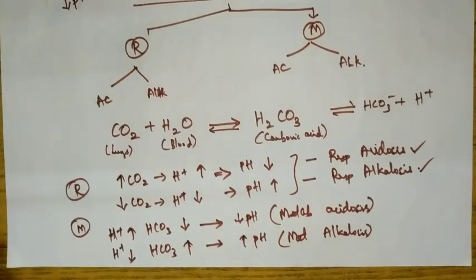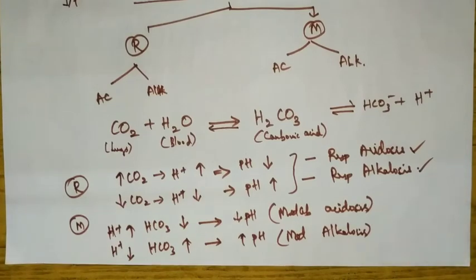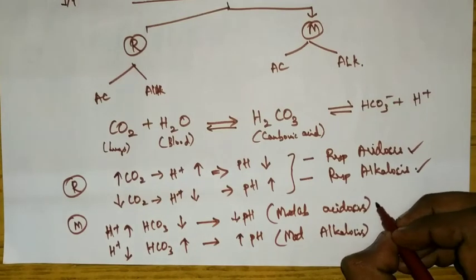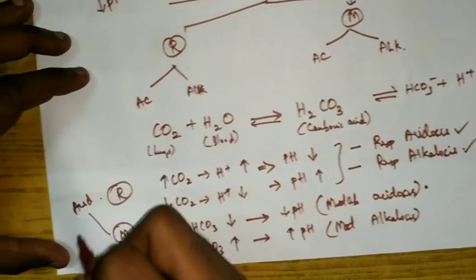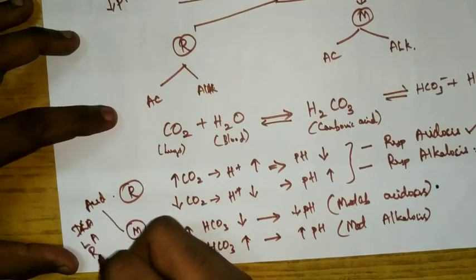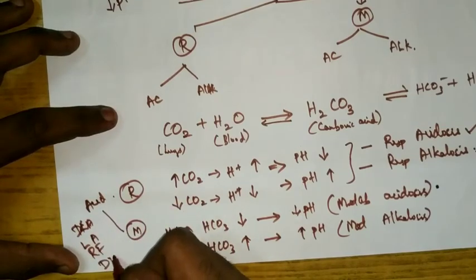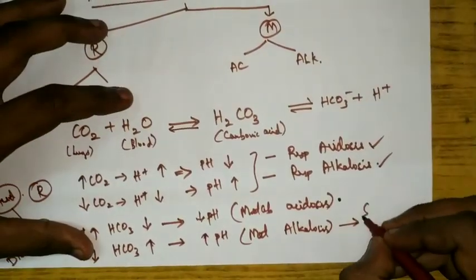In the metabolic part, we will have metabolic acidosis. So it means that acid is being formed more in the system. The examples will be diabetic ketosis, where keto acids are being formed, or lactic acidosis, and it is also seen in diarrhea and renal failure. So metabolic acidosis is seen in diabetic ketoacidosis, lactic acidosis, renal failure, and diarrhea also. Okay, and metabolic alkalosis is seen in severe vomiting